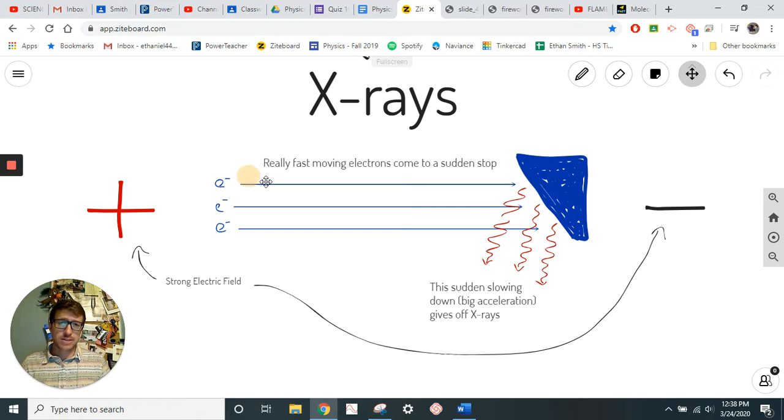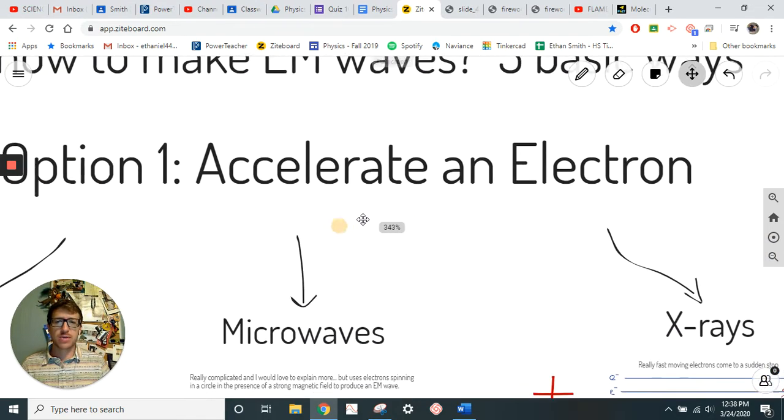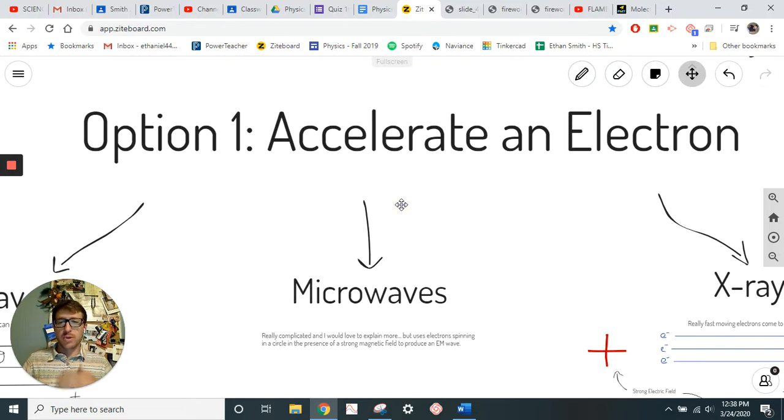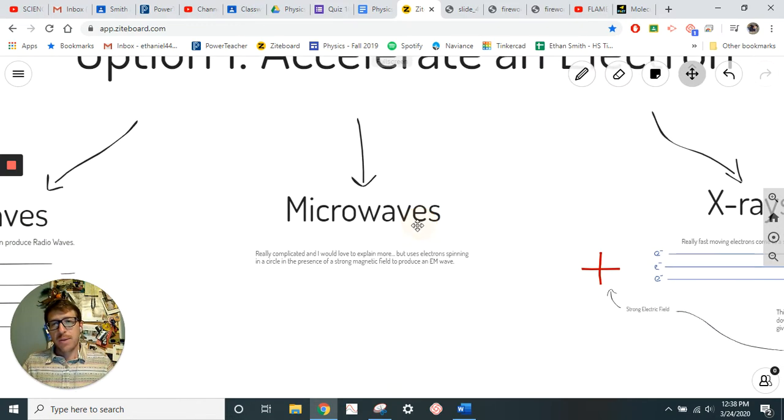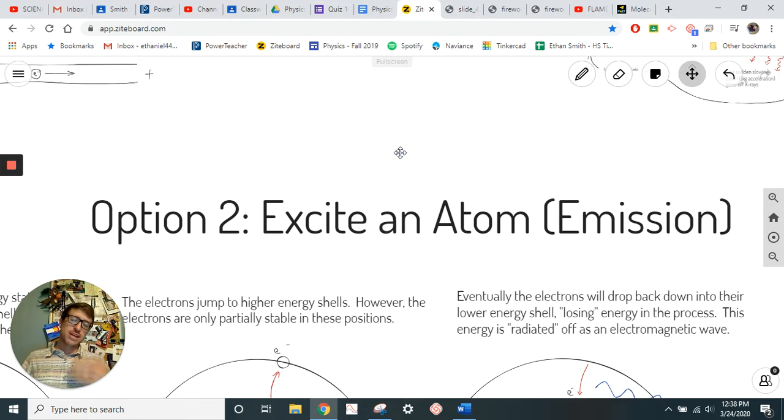Okay, so that's three ways that we're looking at, and we talked about this before: if we just accelerate an electron, we can get a different type of electromagnetic wave. Now, the second way, option 2, and this is going to be the main focus today, is a little bit more exciting, right? Option 2, the second way to generate an electromagnetic wave, is to excite an